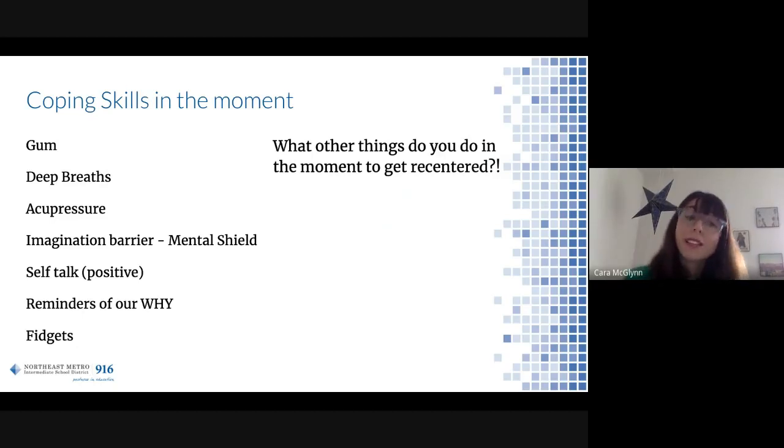Self talk is another positive strategy. It's important, again, that the self talk is positive, though, too. There are times where you will notice, especially as staff are working towards burnout or fatigue, that their self talk is very negative. If you are catching yourself in that space, it is worth surrounding yourself with positive people and even taking some time to listen to TED Talks if that's an interest of yours or a podcast, or even seeking some professional help. Again, there's no shame in any of these. This is all about we're all human, we all need help sometimes.